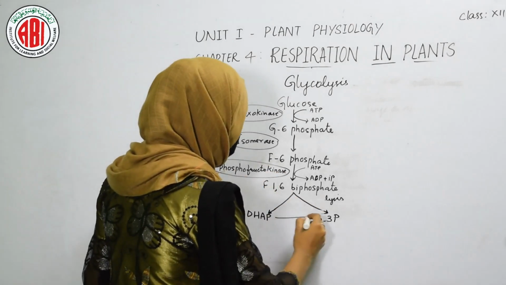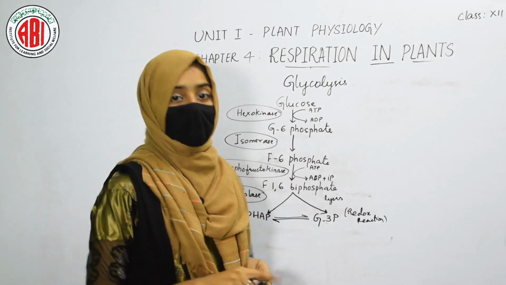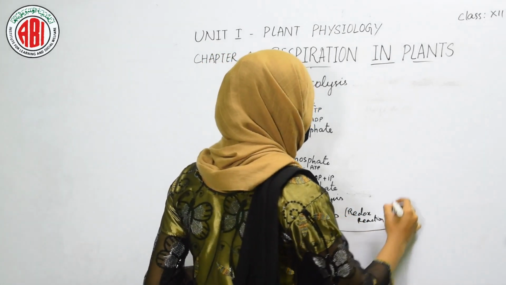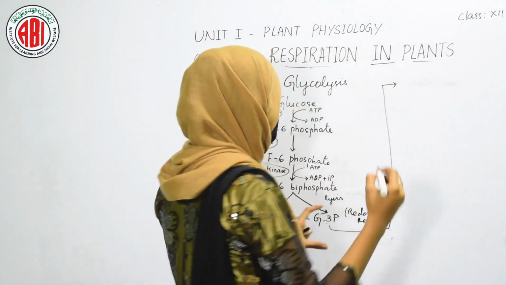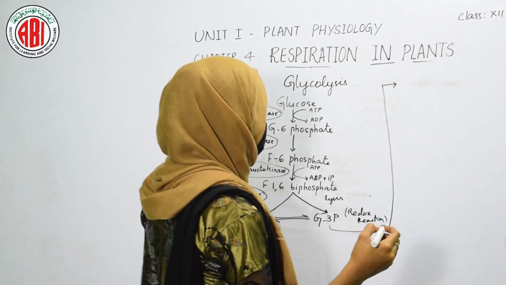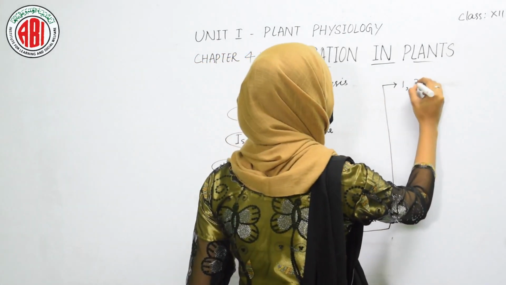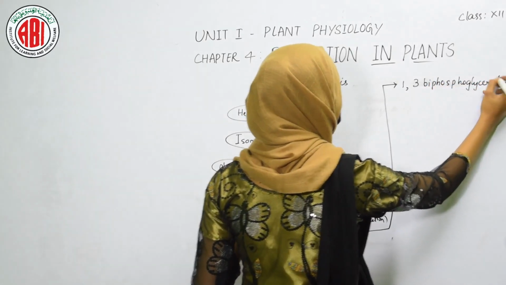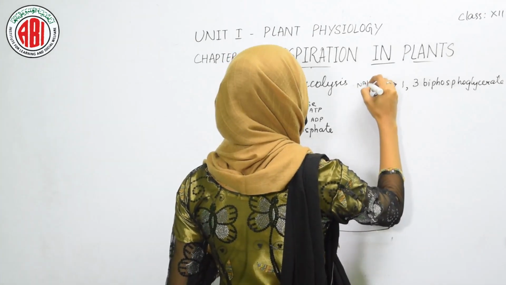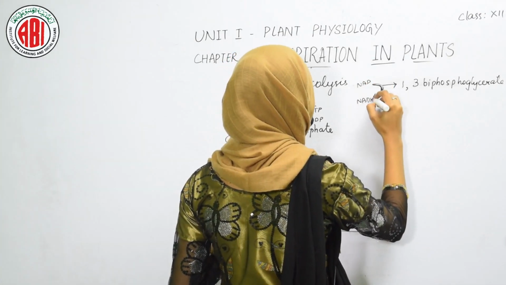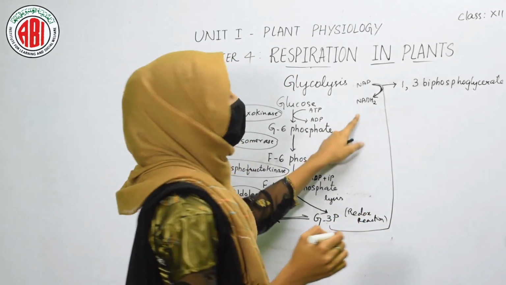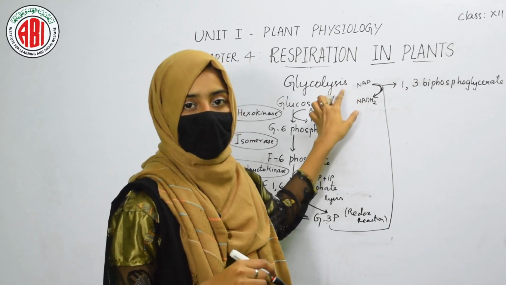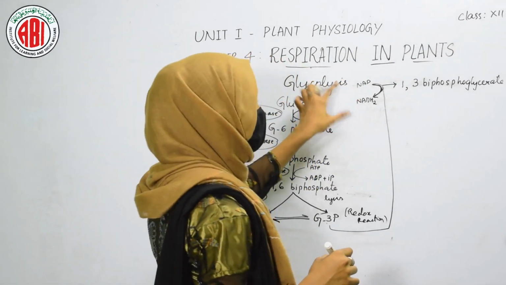They are interconvertible. So in this way, this glyceraldehyde 3-phosphate undergoes a redox reaction where the oxidation takes place and also the reduction takes place. So this glyceraldehyde 3-phosphate gets converted into 1,3-biphosphoglycerate, and here as the reduction reaction takes place, NAD gets changed into NADH2. In this way, NADH2 is nothing but a reducing power. So in this way, the reducing power can be generated at this step.